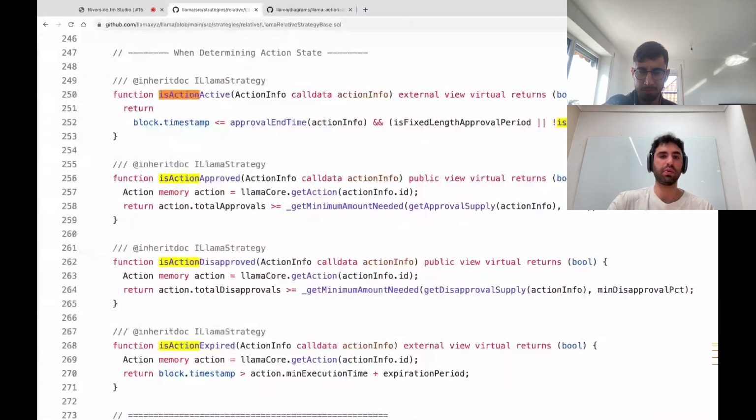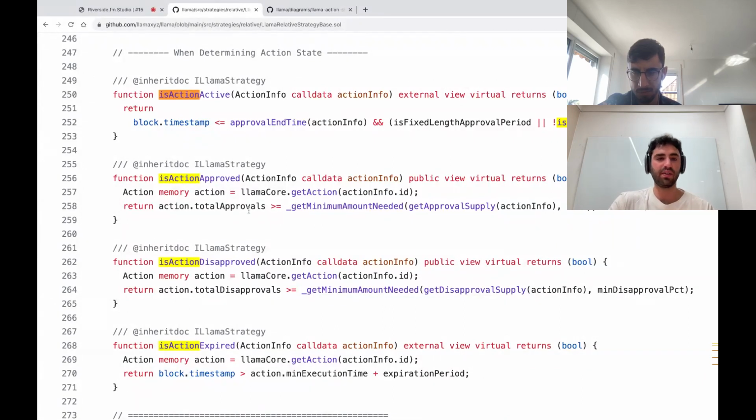To be clear, these are functions that are only called by the core. By having many strategies and deploying them to different contracts, what you're doing is setting up this modular system where for any given action, for action number 82, the core can reference these functions and determine, is it active, is it approved, is it disapproved?